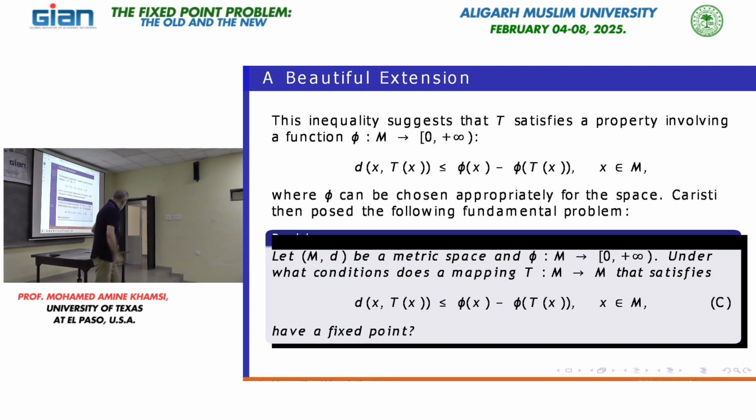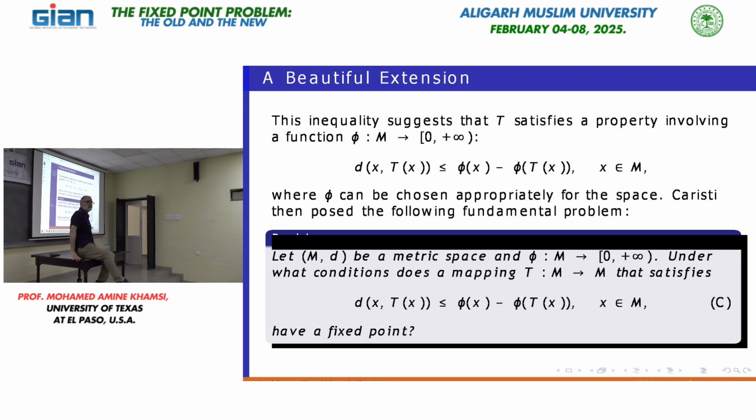Now, let's start with the orbit. Let's take a map. I called it class C. I am the one who called them C, a long time ago, by the way. Why? You know why. Class C, for Caristi. So out of respect for his work, I didn't call them K, no, C, class.